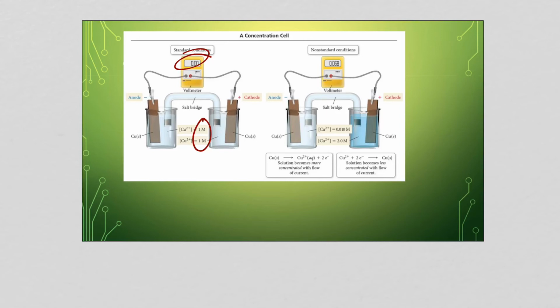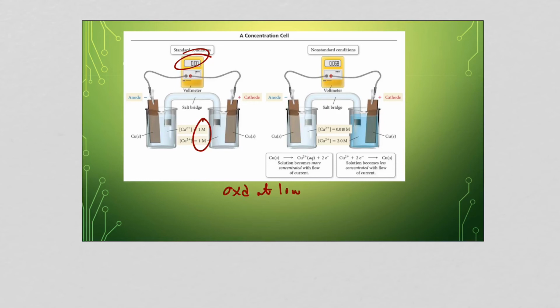But by simply altering these concentrations and making, in this case, the cathode side higher than the anode side, remember, electrons are going to flow from low concentration to high concentration. And so the net effect here is if we want oxidation